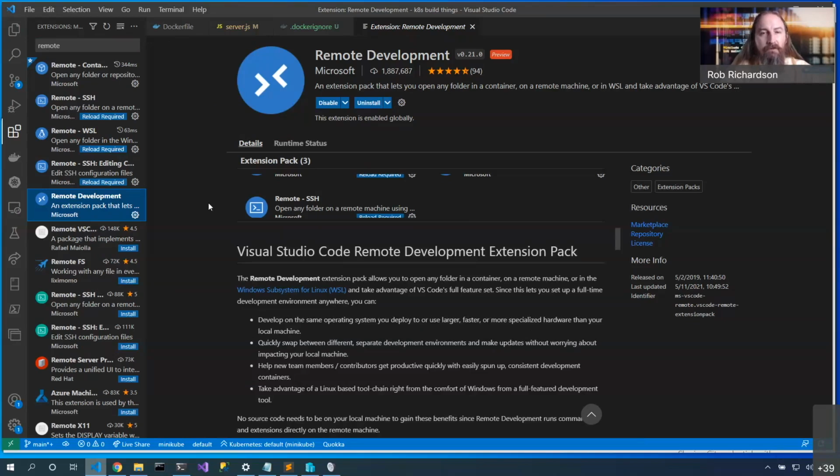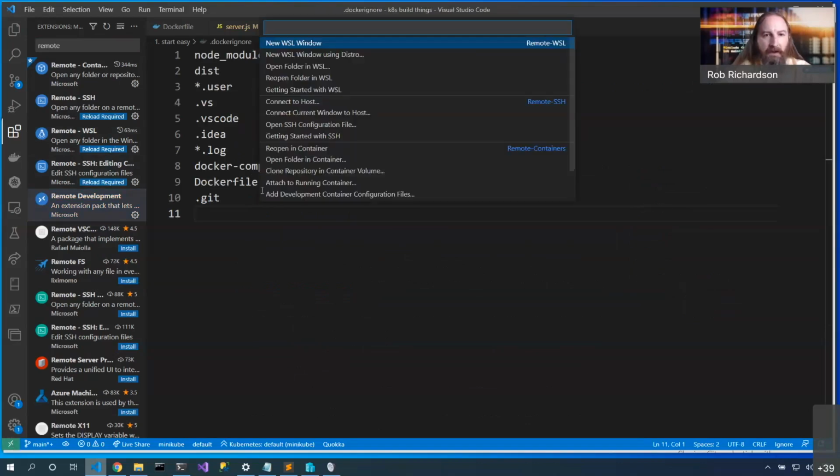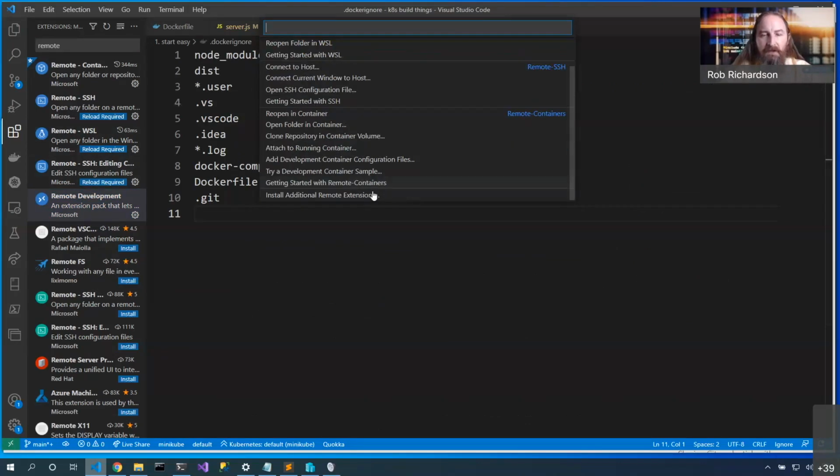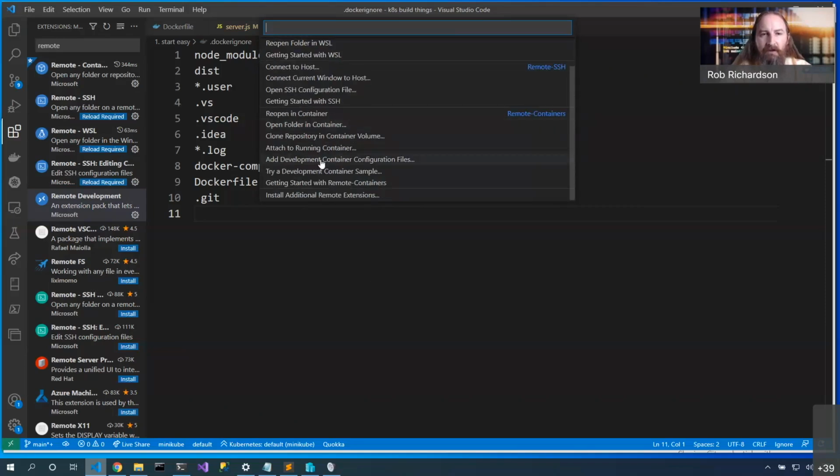But you can also create a VS Code mechanism where you run that server on the Pi and you're able to debug that content from VS Code locally. So I've got the remote development extension installed that gives me all three of these extensions. And with that installed, I now have this green button down here on the bottom right. I'll click on this green button and up pops this menu of being able to do really cool things. Here's the content inside WSL, inside SSH, but we'll focus on the container content.